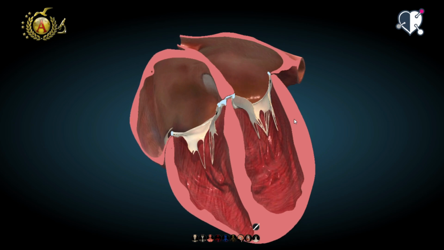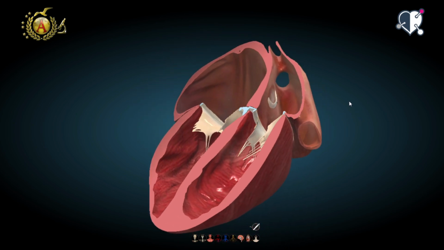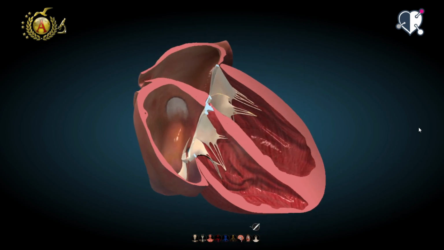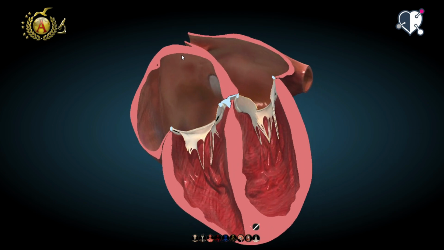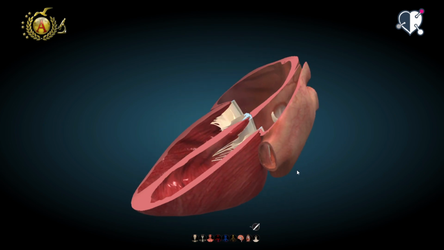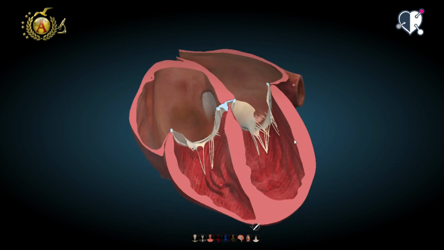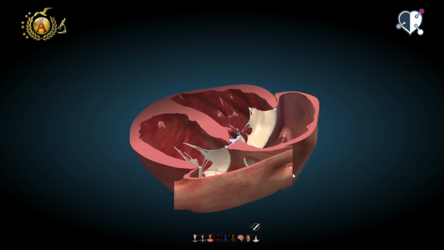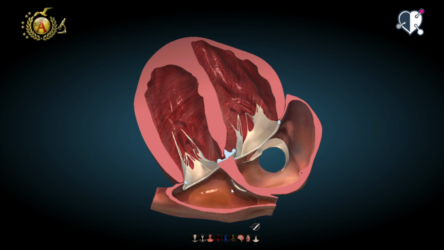The first thing to take notice of is the fact that the heart chambers are separated in different ways. The right side and the left side of the heart are well separated, and there is an interatrial septum separating the atria, and there is also an interventricular septum. These septa prevent communication between the right and the left side of the heart. Actually, about 25% of the population has a minimum interruption in the interatrial septum.